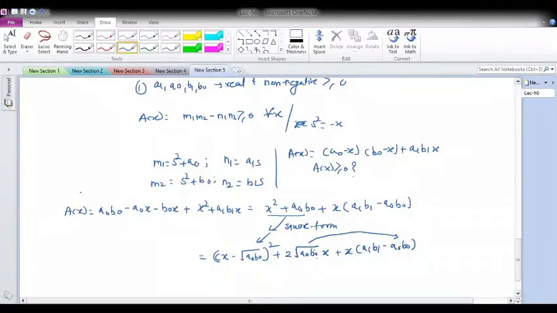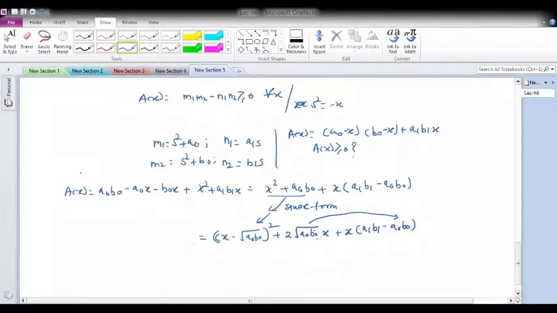Okay. So it is square root of a0 and square root of b0. That way you can separate out. Okay, so this will be x minus square root of a naught b naught, its square, plus x, this I will bring here, so it will be a1 b1 minus, what will happen, it will be square root of a naught minus square root of b